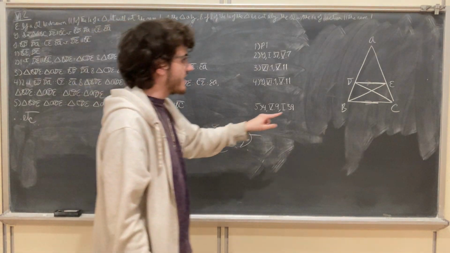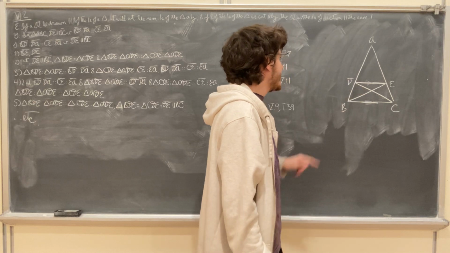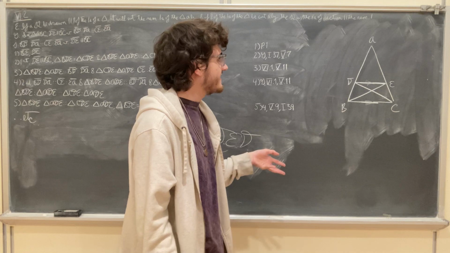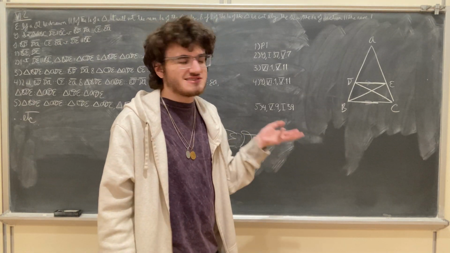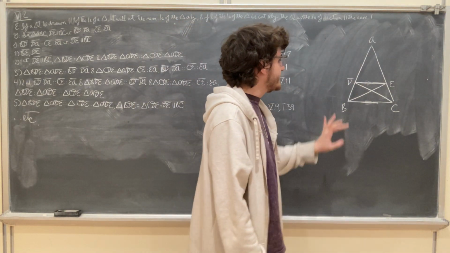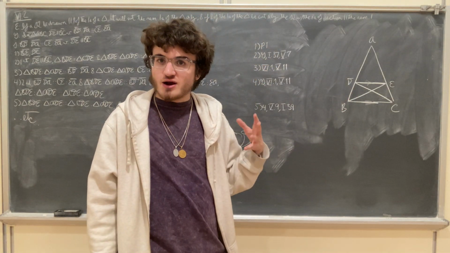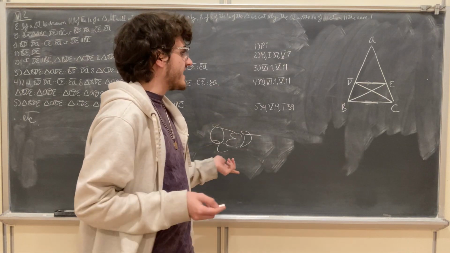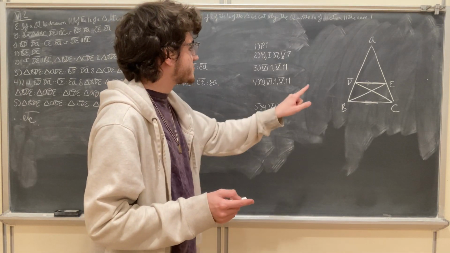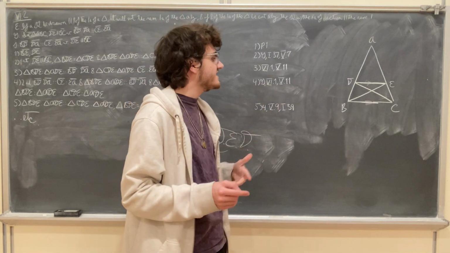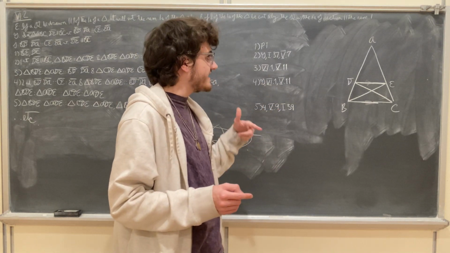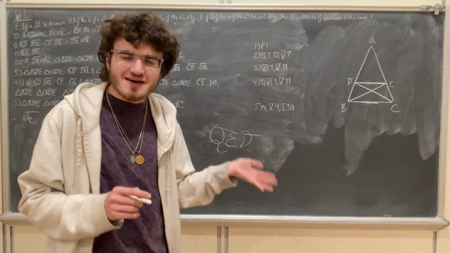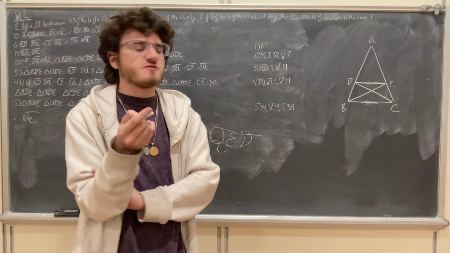Now, we know that the triangle BDE is to the triangle ADE, just as the straight line BD is to the straight line DA. Again, by proposition 6.1, these two triangles BDE and ADE are under the same height. They are in the same parallels, which means they are to each other as their bases. And likewise, by 6.1, we know that the triangle CDE is to the triangle ADE, just as the base CE is to the base EA, which means again by two uses of proposition 5.11, the common notion 1 of ratios,